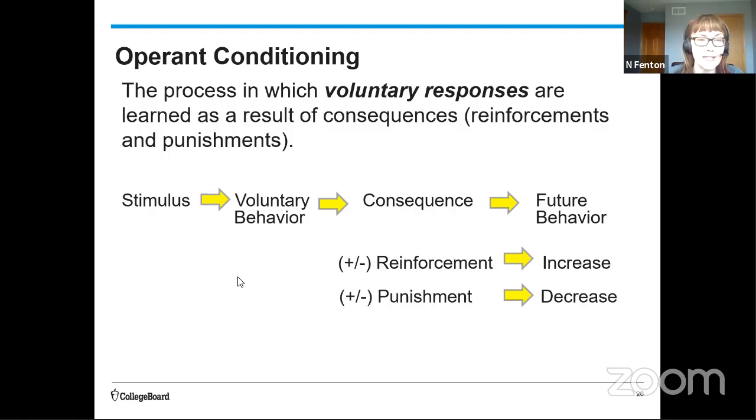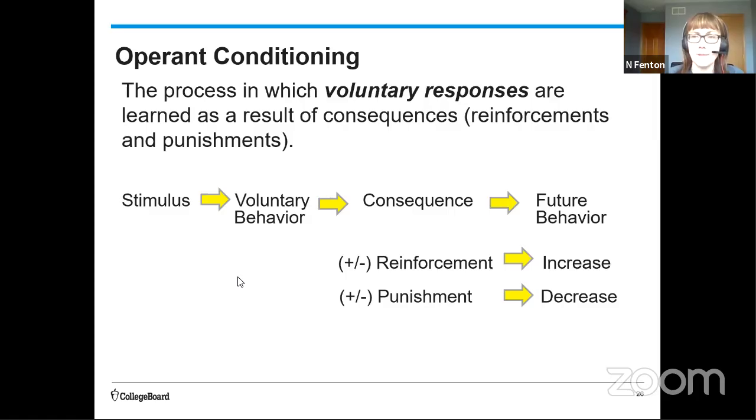So if the mouse, as a consequence, receives a reinforcement, some food, in the future you're going to see that that mouse will then increase. Now, if the light goes on, the mouse pushes the lever, and as a consequence the mouse receives a loud noise from the speaker, a punishment, the mouse is going to be less likely to push that lever in the future. So with operant conditioning, you want to think about it in terms of a stimulus, a voluntary behavior by the person or the mouse or the pigeon, and then a reinforcement. Then make sure on that FRQ that you indicate that that same voluntary behavior increases in the future. If it's a punishment as a consequence, it's going to decrease in the future.